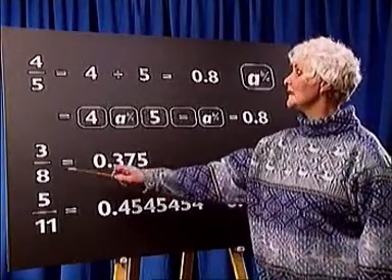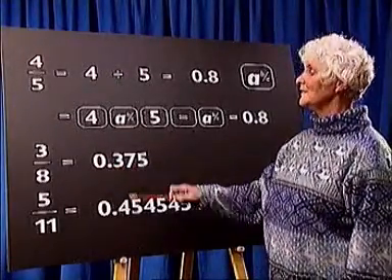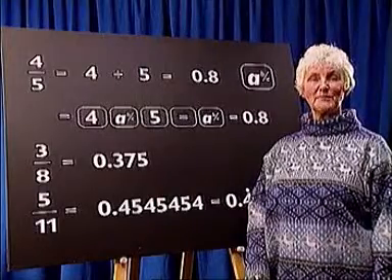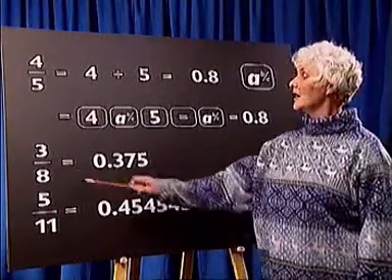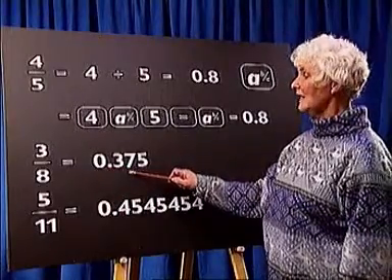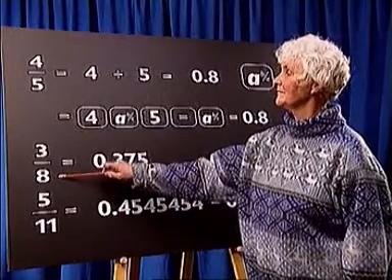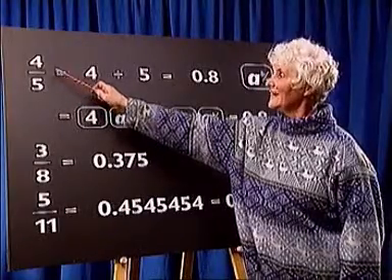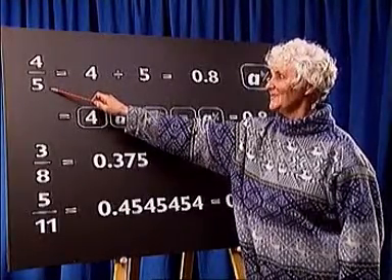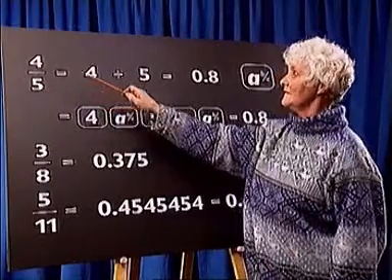Fractions and decimals may look different, but they are two ways of representing parts of a whole number. Sometimes we want to change a fraction to a decimal and vice versa. To change this fraction to a decimal, we divide the numerator by the denominator, so that 4/5 is equal